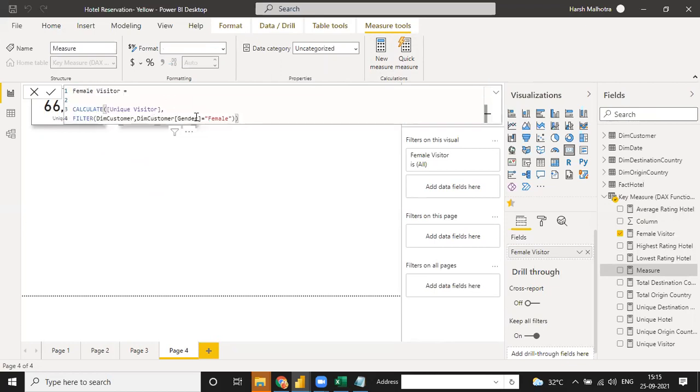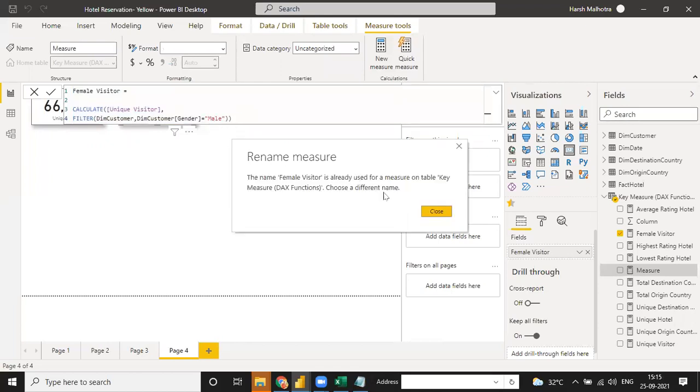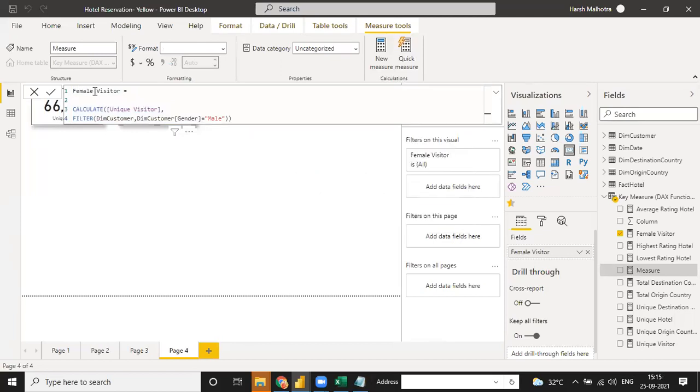Click on this, and instead of female, you can just write male and click enter. Sorry, this time the female should be changed to male. And now you can enter. And see, your male visitor measure will be ready.